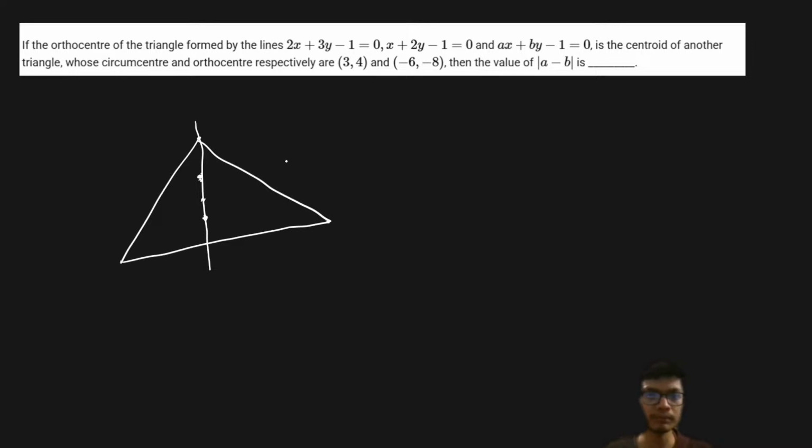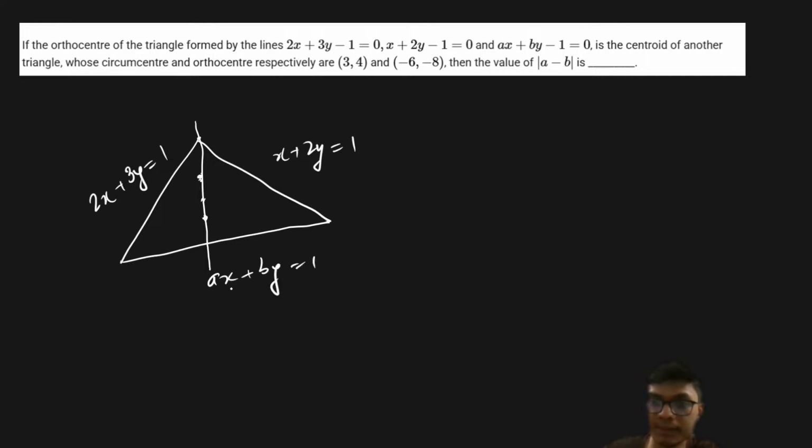So it is said that the lines of the triangle are basically given as like this, and the other line is basically given as this. The orthocenter of this particular triangle formed by the lines over here is the centroid of another triangle whose circumcenter and orthocenter are given. So the orthocenter of this particular triangle ABC